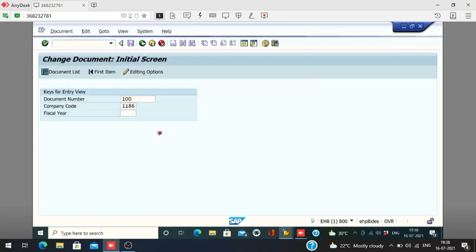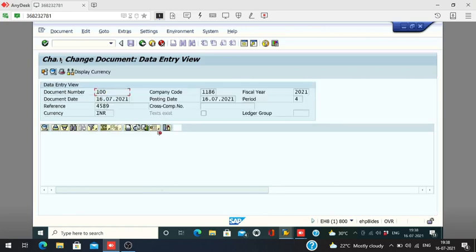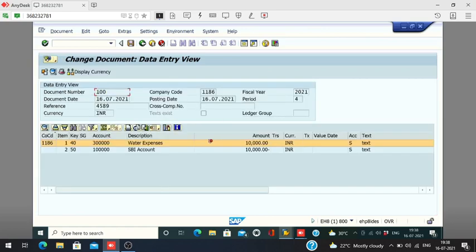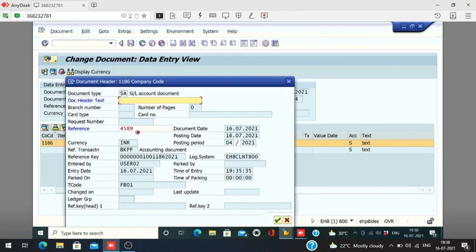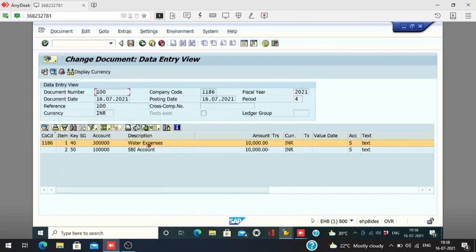Click on this. Now click on head button. See here there is a reference number you can change. Okay, like I have to put 100. Narration also you can change text. Okay, double click on this.